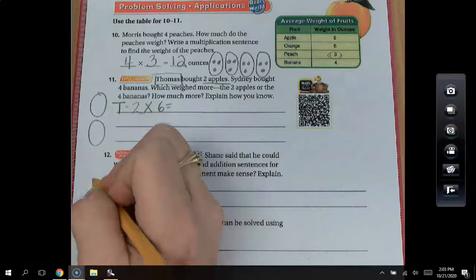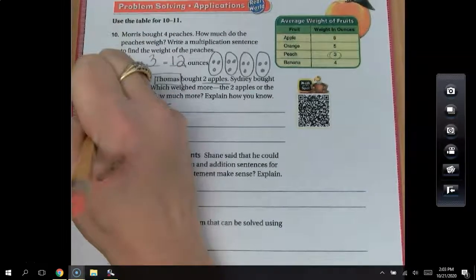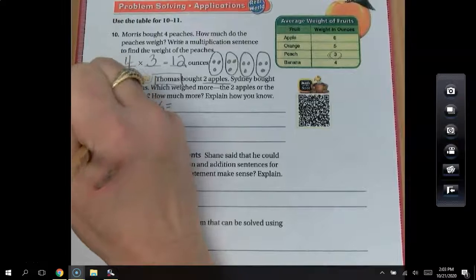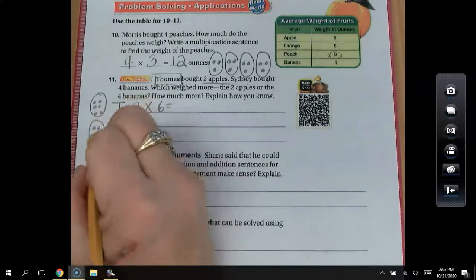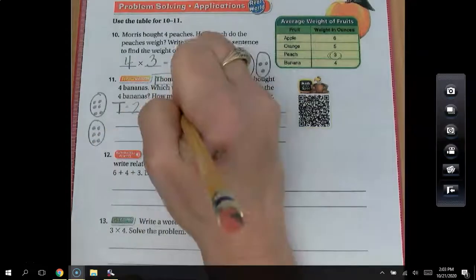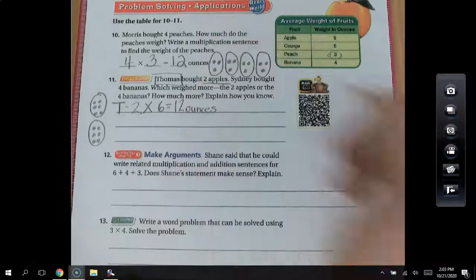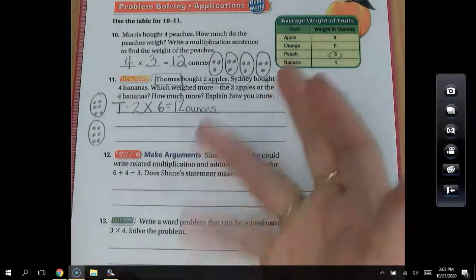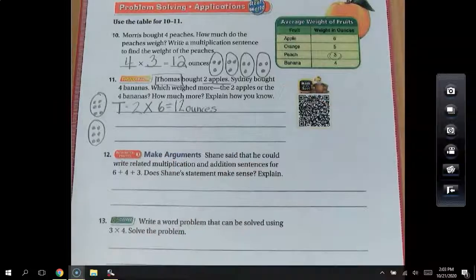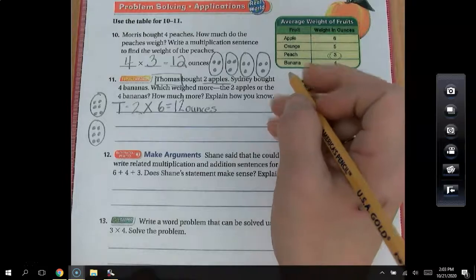So I'm going to draw a picture and put 6 in each group. 2 times 6 is 6, 7, 8, 9, 10, 11, 12. 12 ounces. Or I could go 2, 4, 6, 8, 10, 12. All right, we're not finished yet because we have to compare Thomas and Sydney, but we have to find out